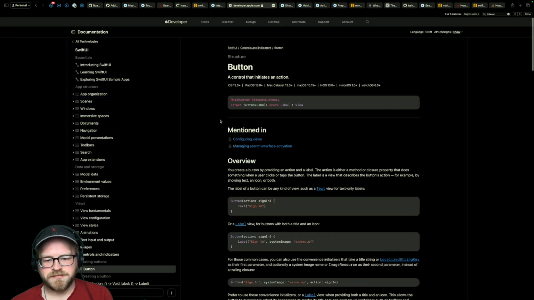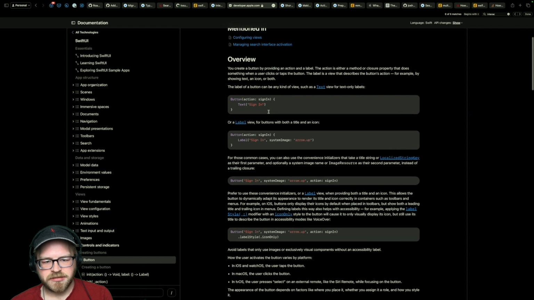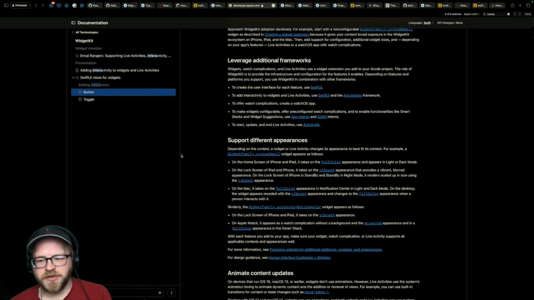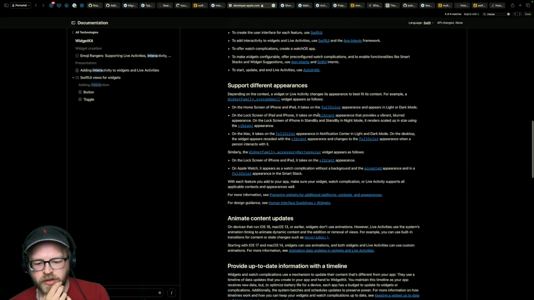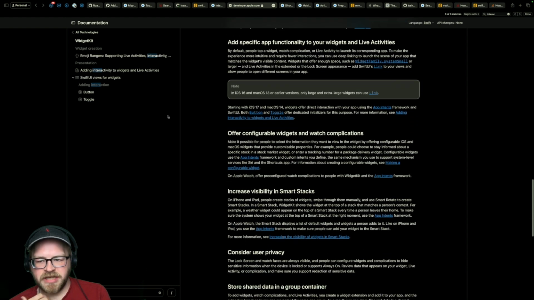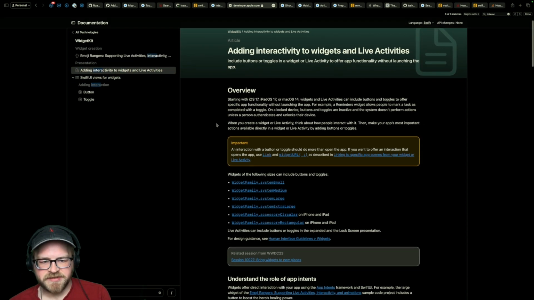Button and toggle. Yeah, but how do we make it do a thing? Okay, so action. This is just SwiftUI button though. You're not helping me, man. To add interactivity to widgets and live activities, use SwiftUI and the app intents framework. Okay, great. Tell me more. Oh, here. Maybe it's this. Yeah, there we go. Adding interactivity to widgets and live activities.